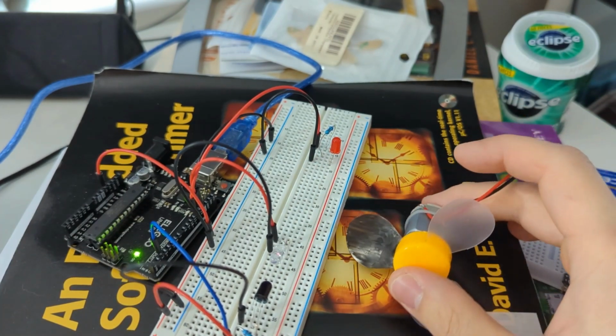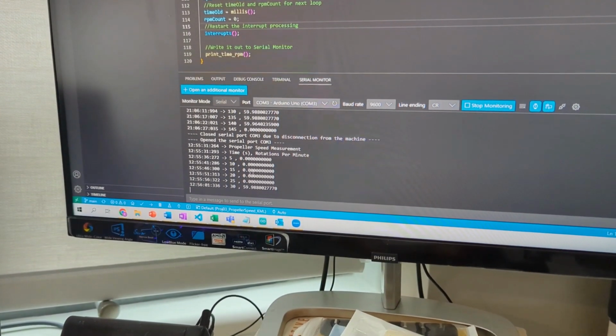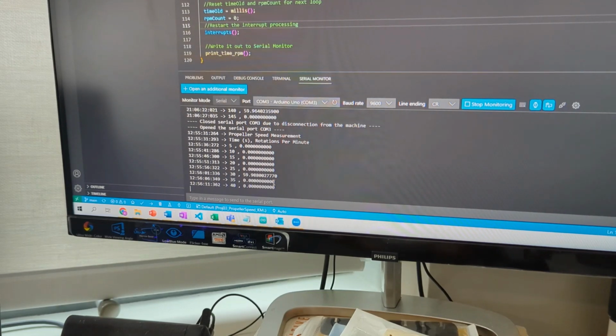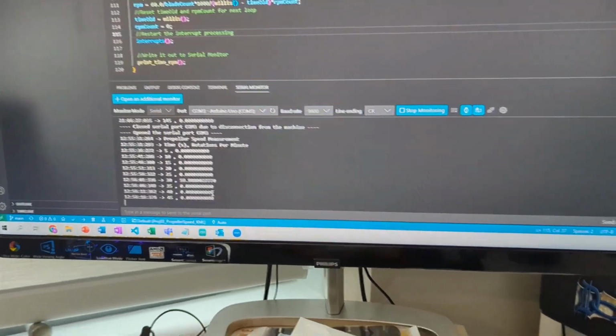You saw the status LED go there, and my Arduino reported an RPM value of 60 rotations per minute, which is correct because I broke it 5 times within a 5-second interval. So I know the code is working. So now I'm going to go ahead and